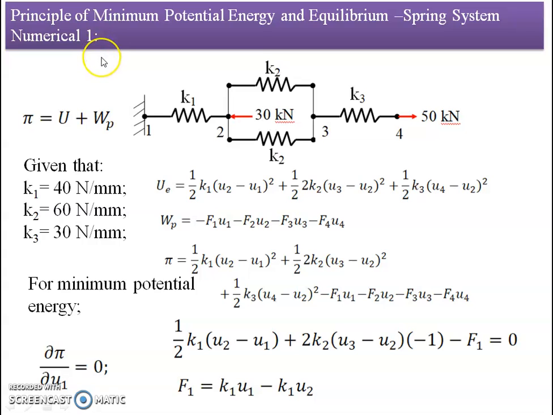Now we'll move towards the numerical part: principle of minimum potential energy and equilibrium, spring system numerical. Here in this numerical, a system of springs has been given, connected at 4 nodes 1, 2, 3, 4, with different values of spring constants K1, K2, K2, K3. Two springs are in parallel, and these are in a series system. So here the values of K1, K2, K3 are given to us. K1 is 40 Newton per